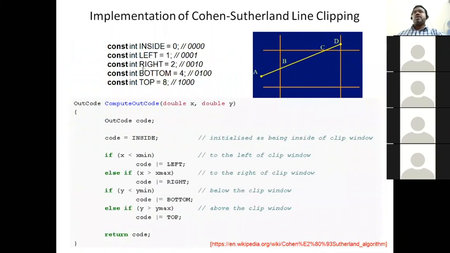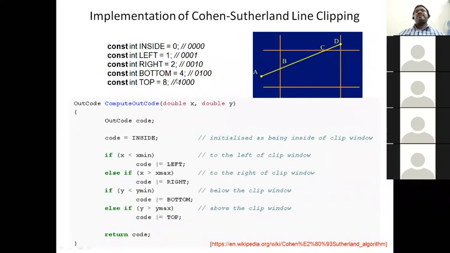Okay, so this code is available. I have taken it from Wikipedia. You can check it. If you are comfortable with coding, you can make a line and check how it works. Okay, so in your final examination, we will ask you how the Cohen-Sutherland line clipping algorithm works, or to write a brief note on the clipping algorithm. That will be the question which can be evaluated by the teachers.